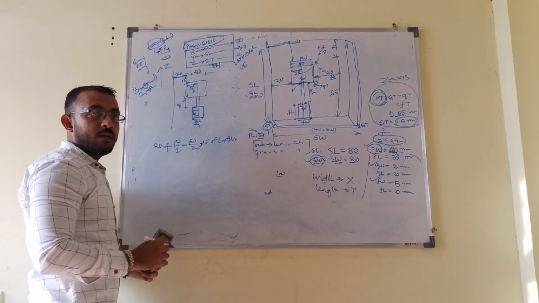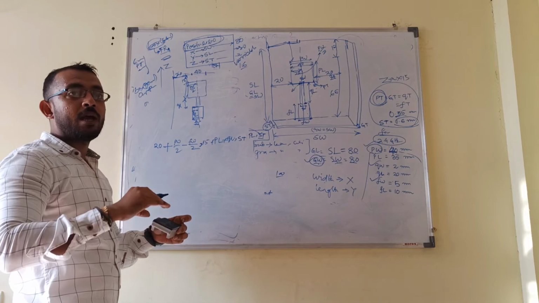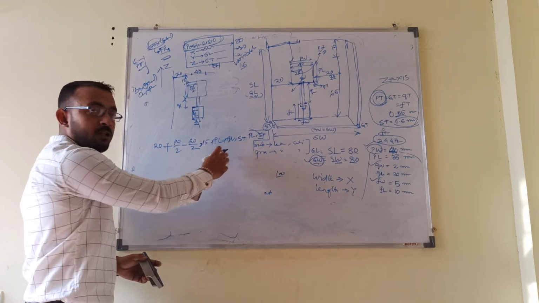For the z coordinate, everywhere the z coordinate will be the same because all these three things are situated above the substrate, and the substrate height is nothing but h.